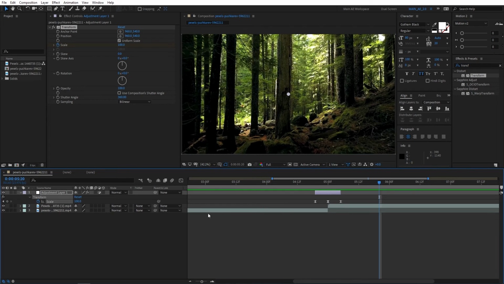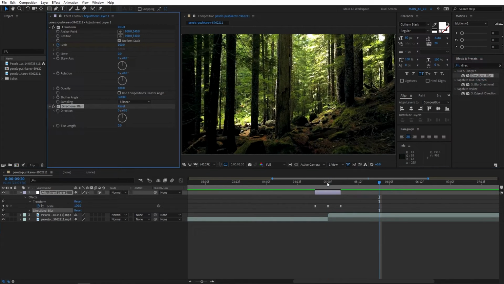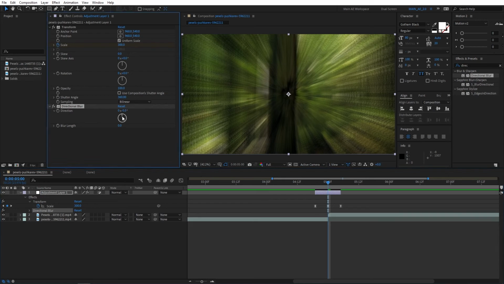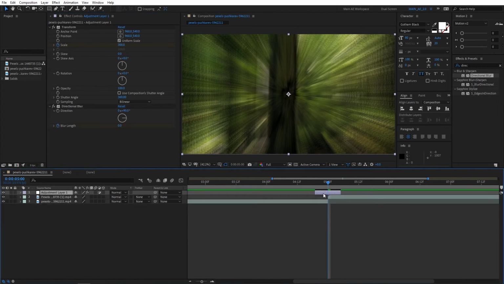Most people will be satisfied with how this transition looks already, but we're going to give it more motion blur. Search for the effect directional blur, add it to the adjustment layer, then move the playhead in between the clips. Go to Effect Control, set direction to 90 degrees, create a keyframe for blur length, press U a couple times